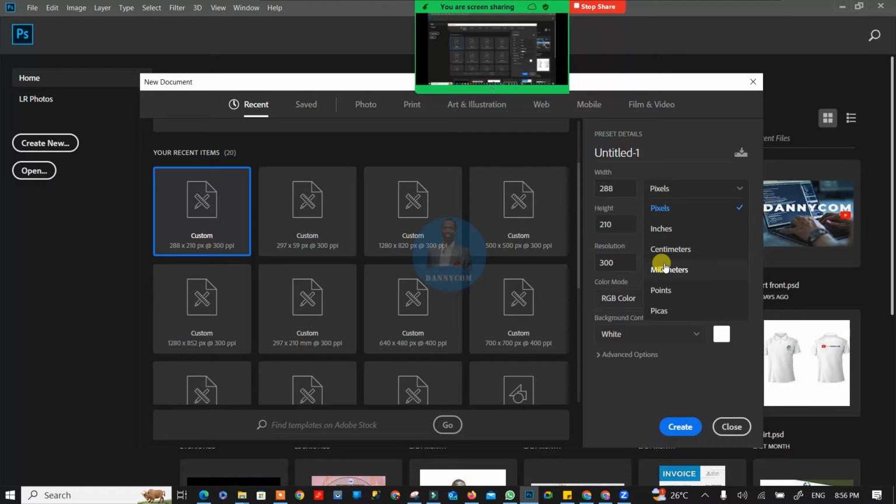Nothing should hide, everything should be seen clearly. What is the size that you are supposed to use? Is it supposed to be in inches? Is it supposed to be in pixels? Is it supposed to be in centimeters? So